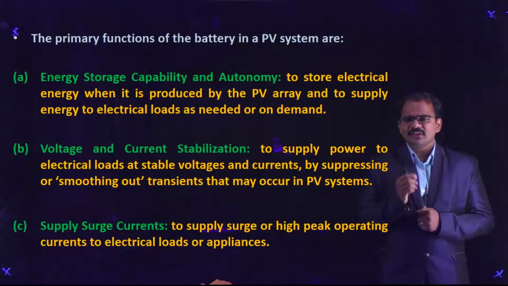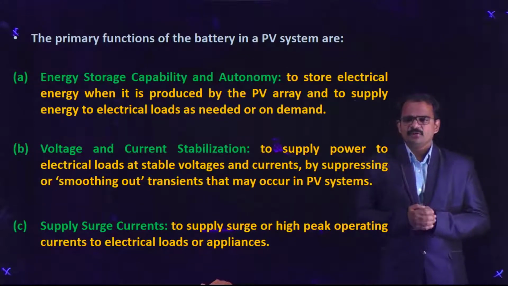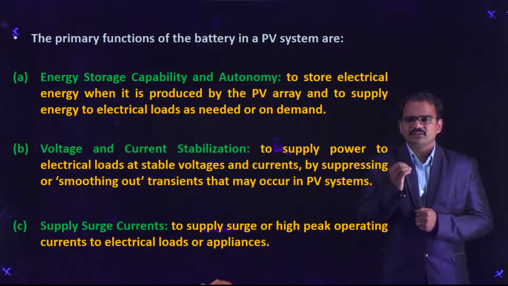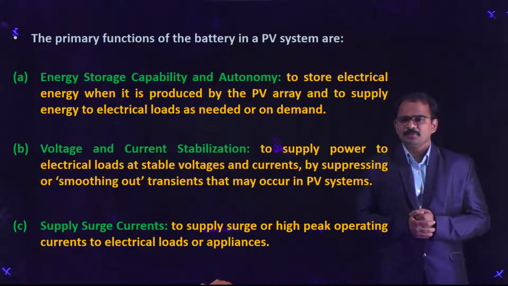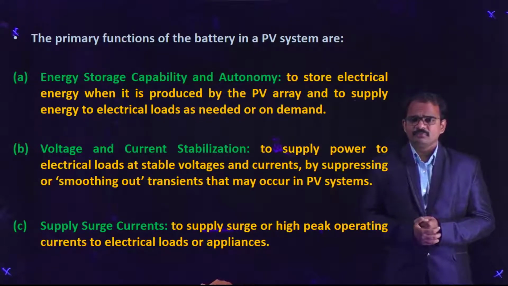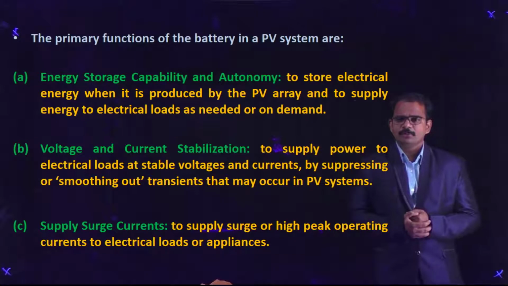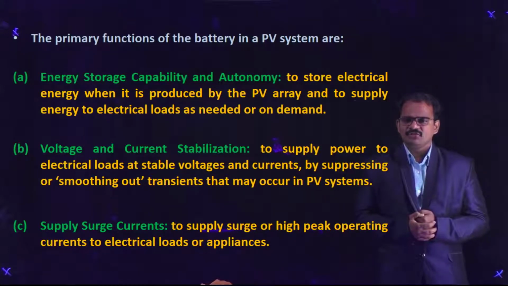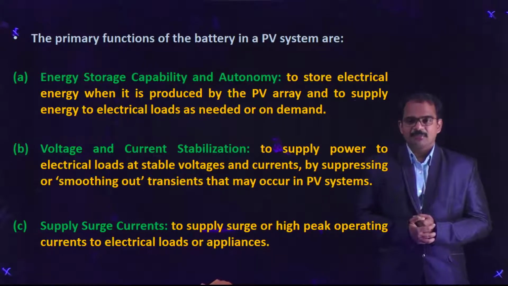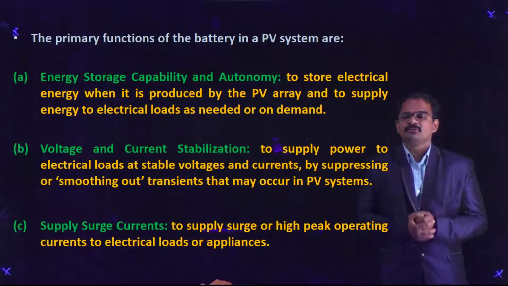Or on the other hand, we are discussing the autonomy. What do you mean by this autonomy? Autonomy is nothing but, today there is bright sunshine, so you are storing the electrical energy that is produced from solar panels during the daytime. And tomorrow and day after tomorrow, you don't know what might be the condition of the atmosphere. There might be cloudy season, there might come clouds, and because of that there might be a reduction in the solar radiation and the amount of energy being collected. On the other hand, there might be a rainy day and you may not be able to collect the solar energy properly by means of solar panels.